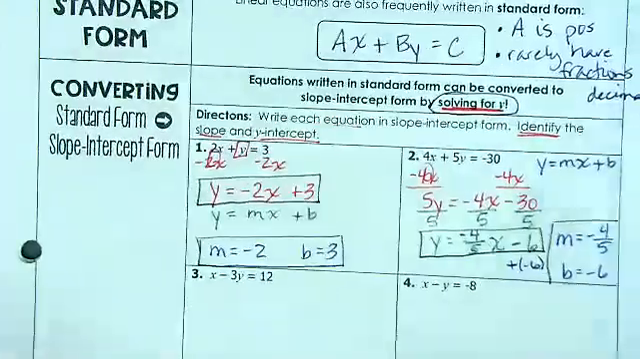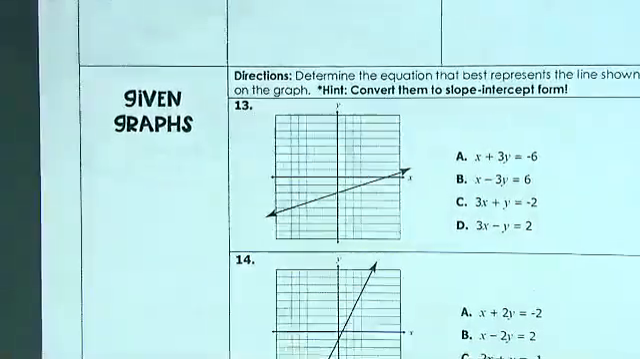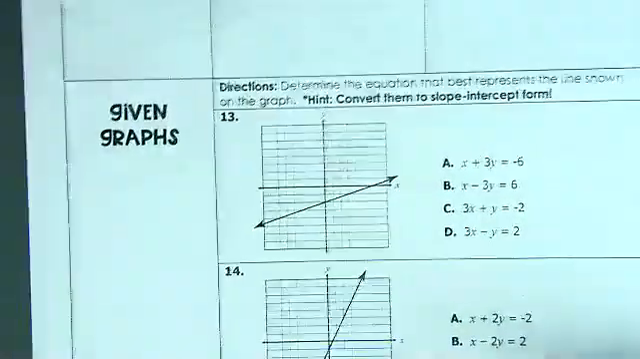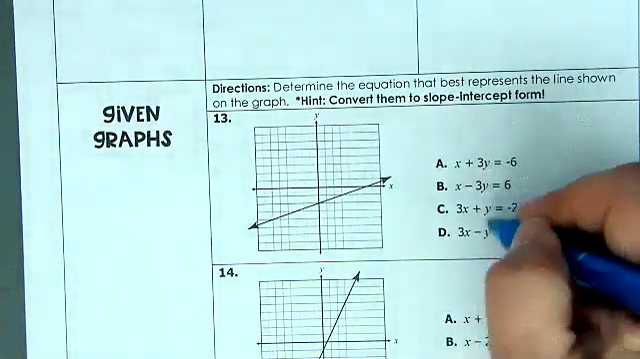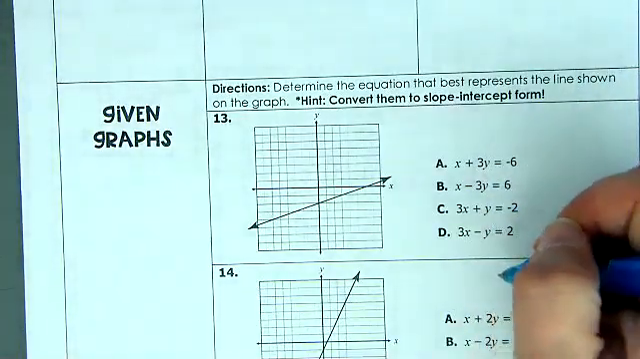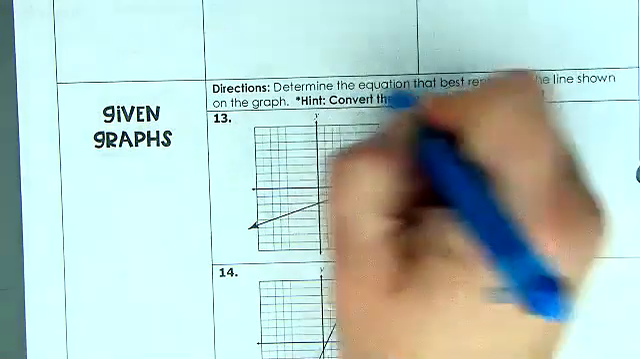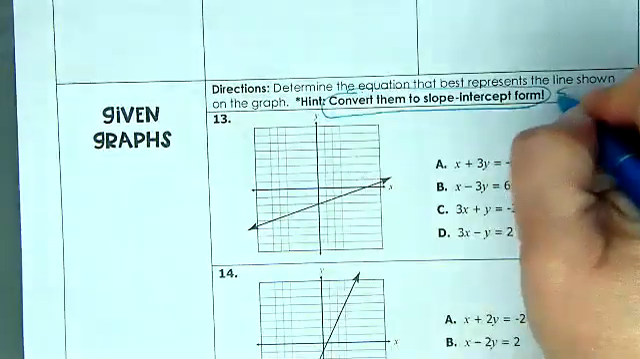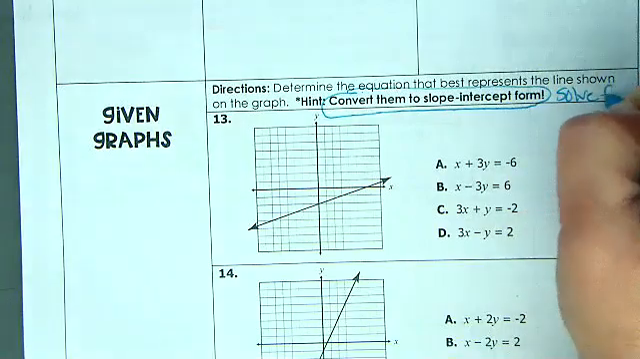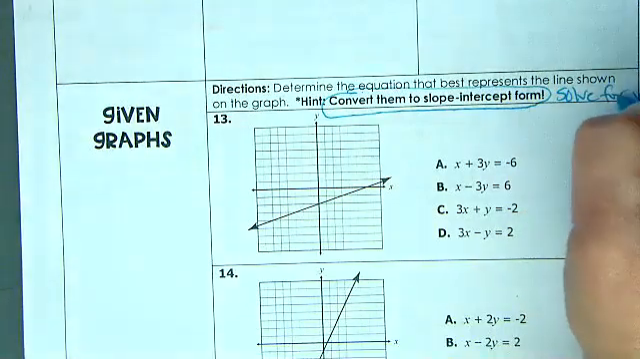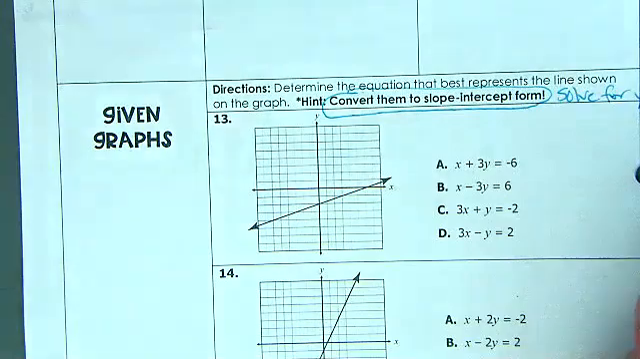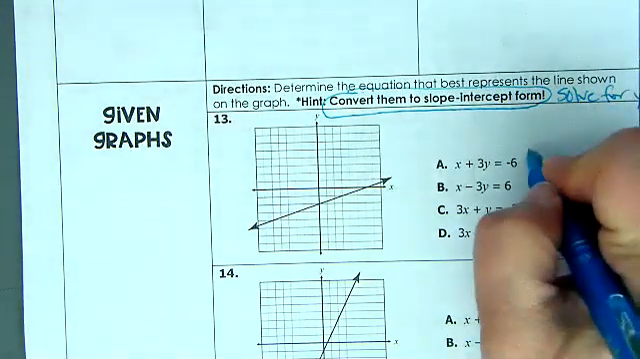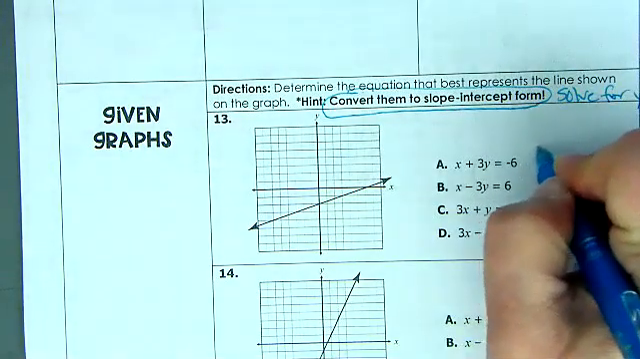And I think we have one last section to talk about a little bit. If we're given a graph, hint, and it's usually like this when it's multiple choice, okay? You've got to convert to slope-intercept form, which means solve for y. So I've got to solve each one for y first, okay? So I'm going to end up with